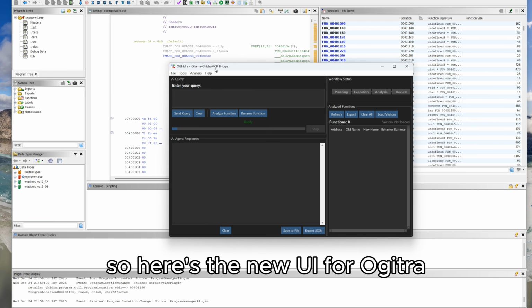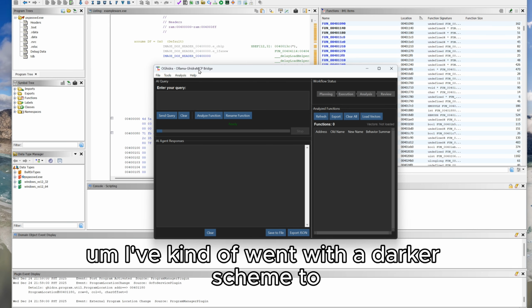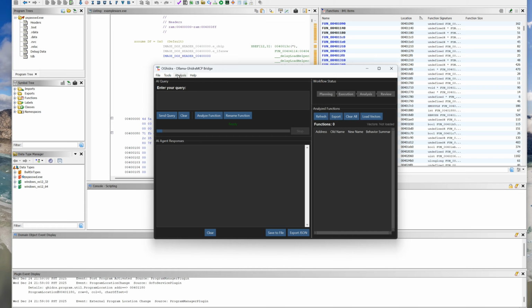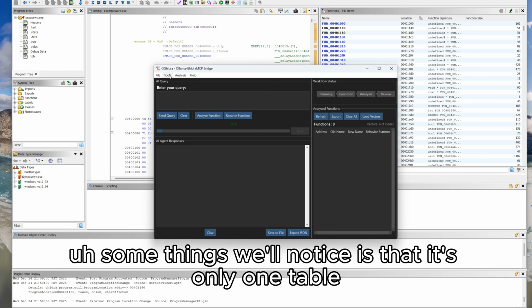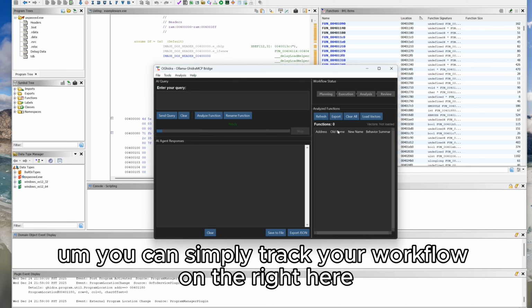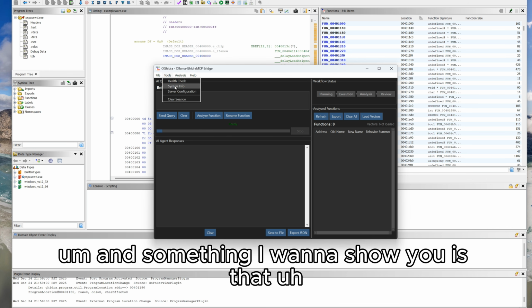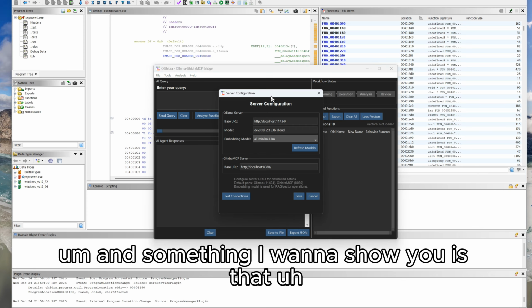So here's the new UI for OGhidra. I've gone with the darker scheme. It's easier on the eyes. Some things we'll notice is that it's only one table. You can simply track your workflow on the right here. And something I want to show you is that,